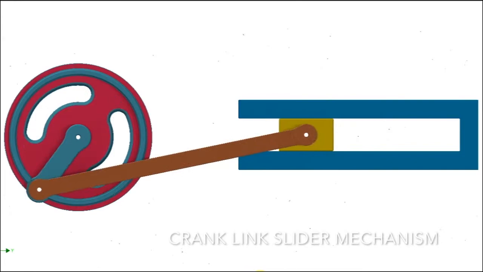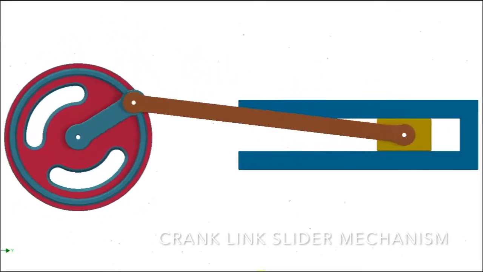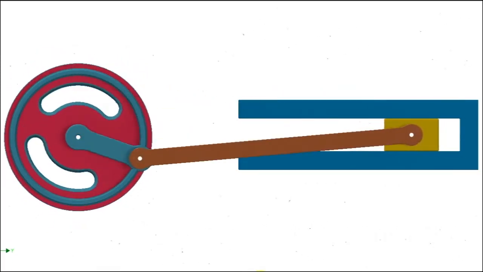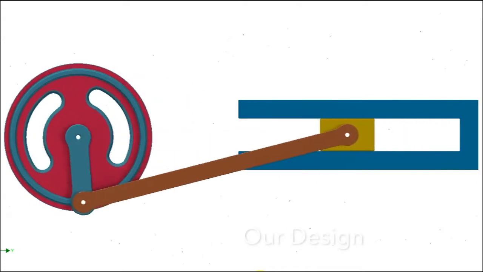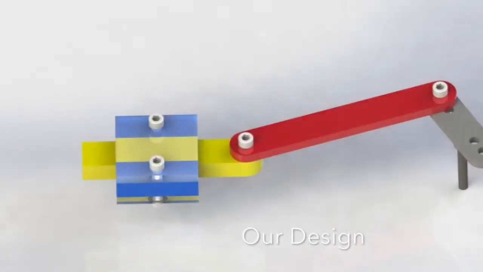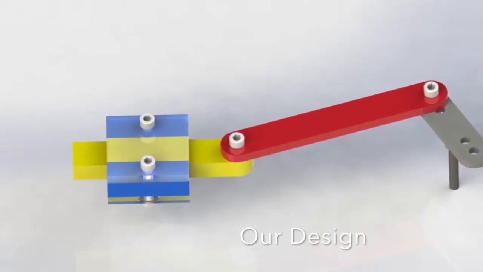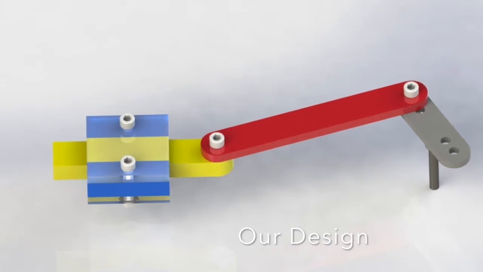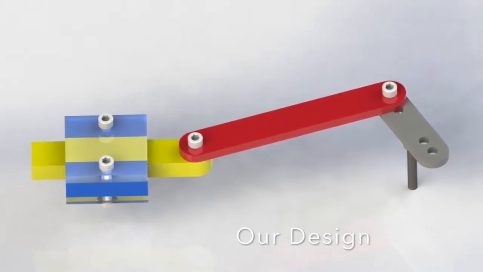The purpose of this lab was to convert rotational motion to linear motion. When we were brainstorming different ideas and designs, the first thing that came to mind was the 201 Stirling engine, which essentially had a piston and a rotational motion that was controlling that. Very similar to that, we came up with the crank, link, and slider design, which, as pictured, basically